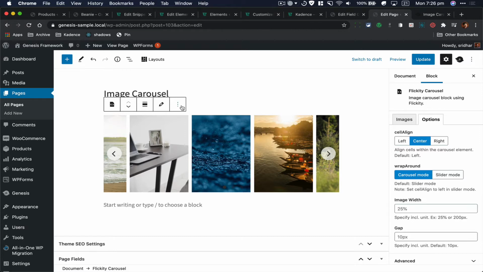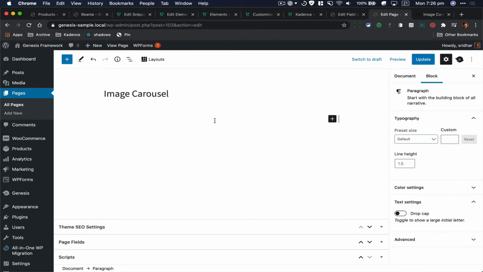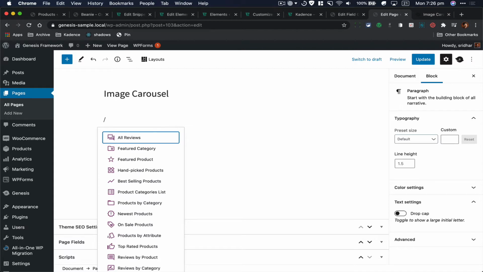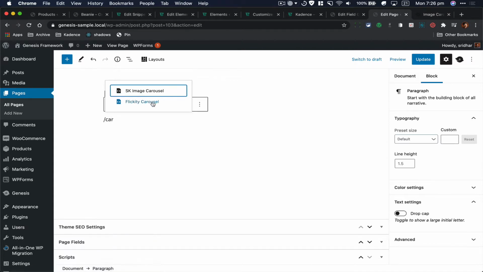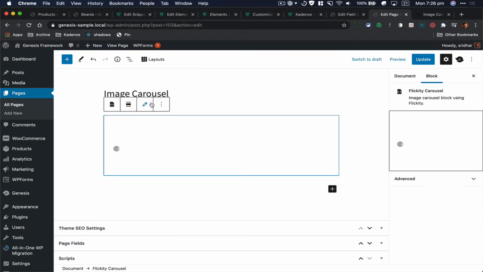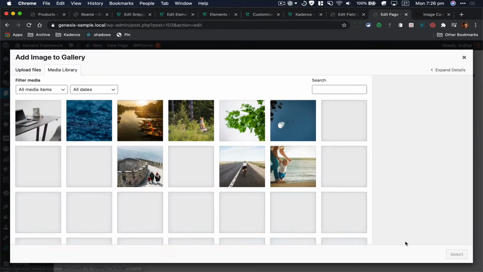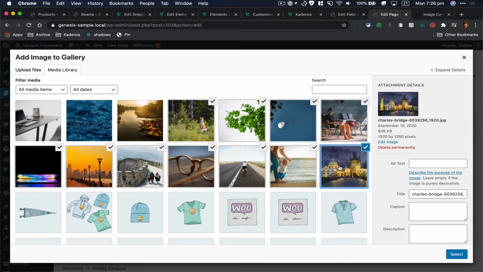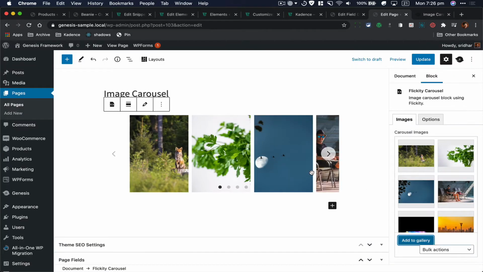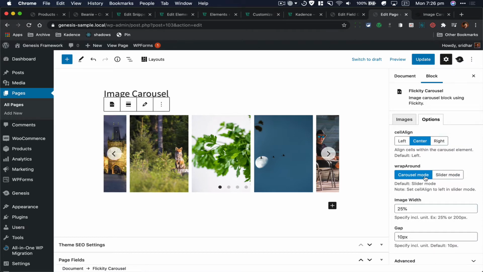Okay, so let's just delete this, and so I think it's this one. Yeah, so when the first time you add this block, we can set some text. In this case I've set it to no images found, add some, so the user can select some images and they will automatically appear as a slider. But let's select carousel mode, and all right, so let's update this